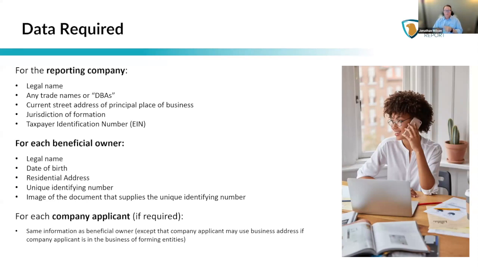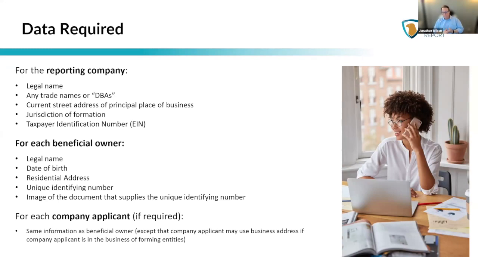If you're an attorney, you work on the articles, you hand them to the paralegal, your paralegal then files the document with the Secretary of State. It is the paralegal who is the company applicant. In addition, if there is more than one person involved in preparing the document that gets filed with the Secretary of State, in addition to the individual who directly files the document, who is the first company applicant, there must also be a second company applicant, which is the person who is primarily responsible for directing or controlling the actions